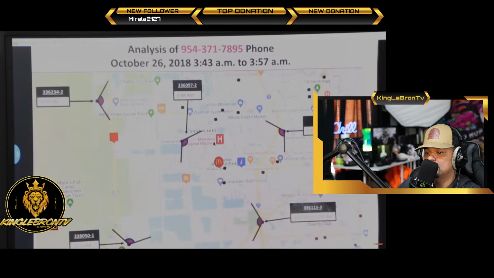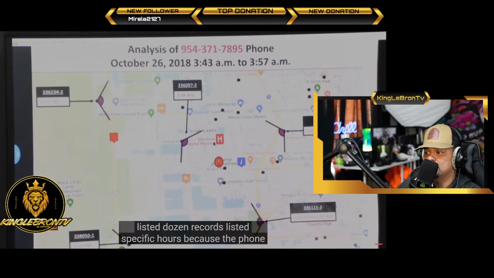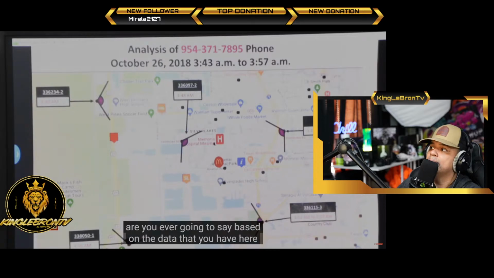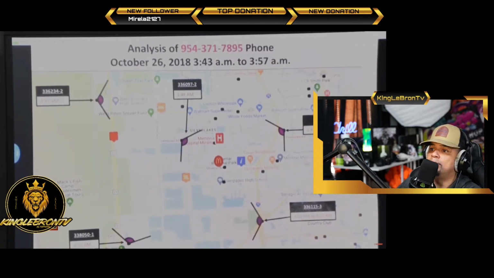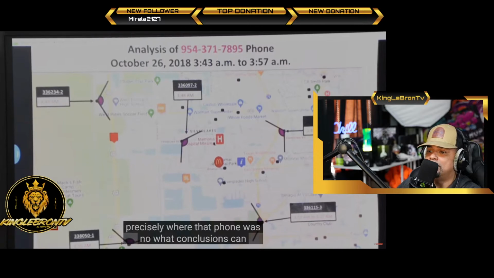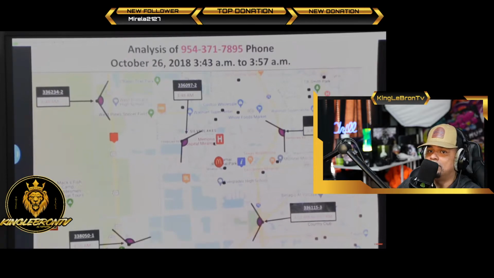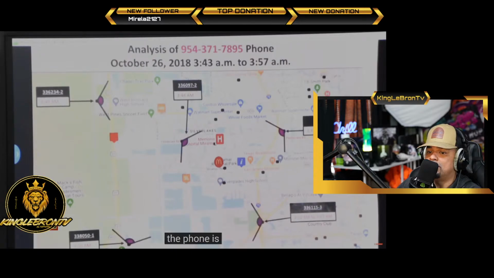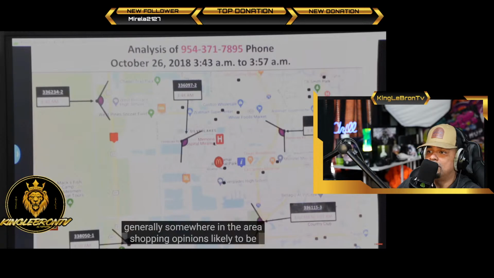Because the records listed specific towers that saw the phone at a specific time. Are you ever going to say, based on the data that you have here, precisely where that phone was? No. What conclusions can you draw from this map based on your training and experience? That the phone is generally somewhere in the area shown on the map. In my opinion, it's likely to be in the center of the map here because